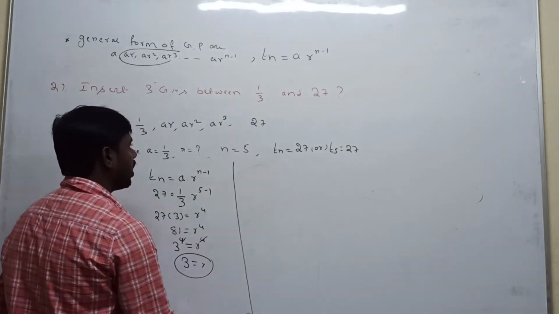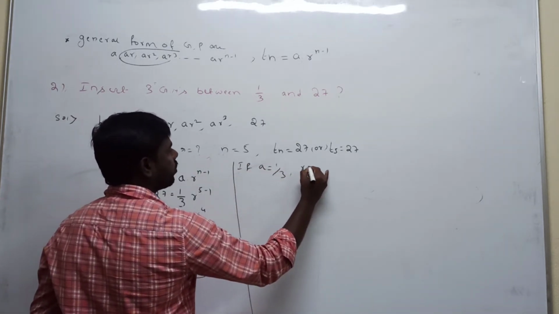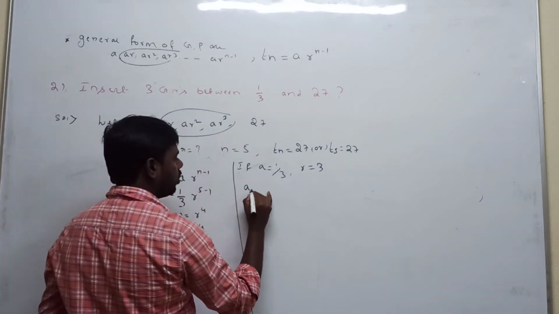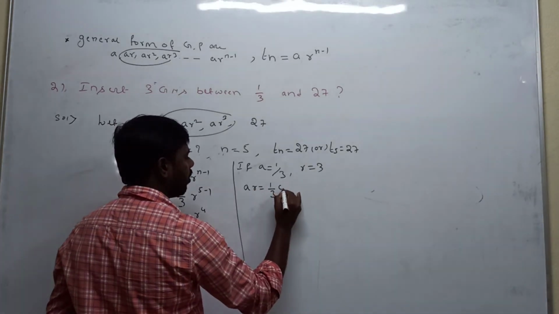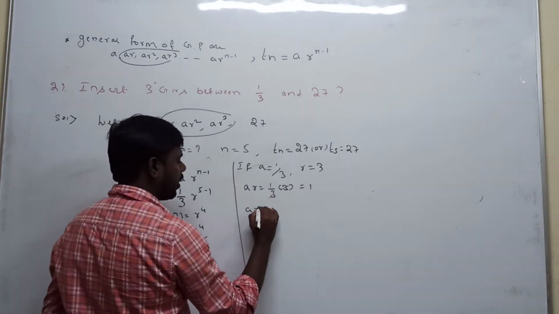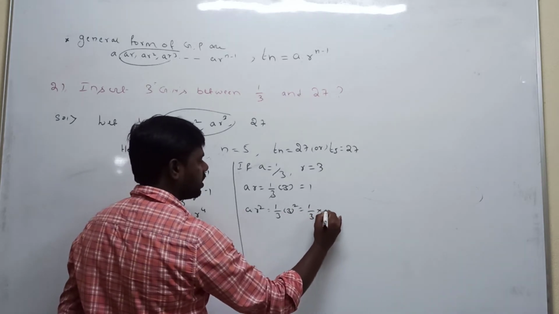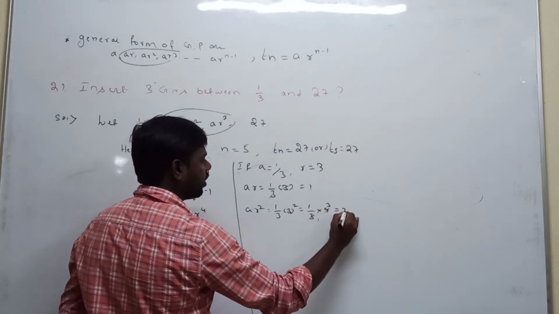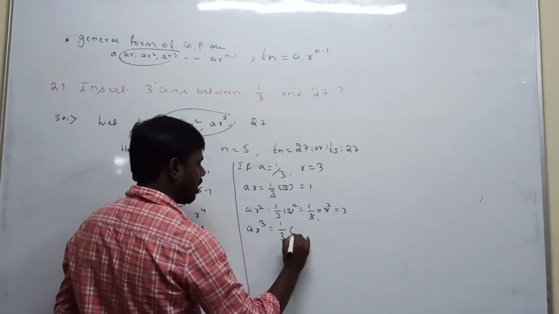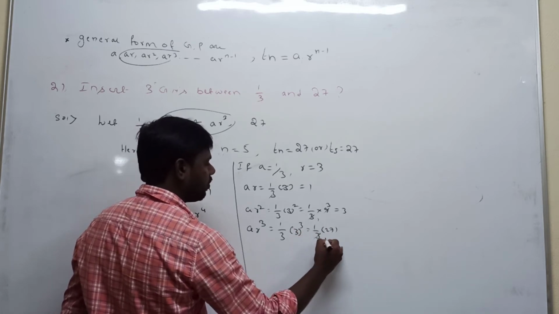So we are assuming 3 values. First, a is equal to 1 by 3, r is equal to 3. What 3 numbers are we assuming? First number is a r. So a value is 1 by 3, r value is 3. Cancellation, that value is 1. Next element is a r square. A value is 1 by 3, r value is 3 square, equal to 1 by 3 into 3 square, value 9. 3 ones are 3, 3 threes are 9. So that value is 3. Third element is a r cubed. So a value is 1 by 3, r value is 3, whole cube, equal to 1 by 3 into 3 cube, value 27. 3 ones are 3, 9 nines are 27.